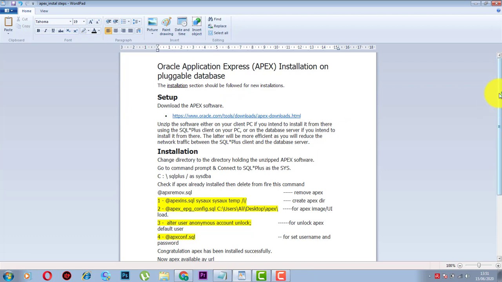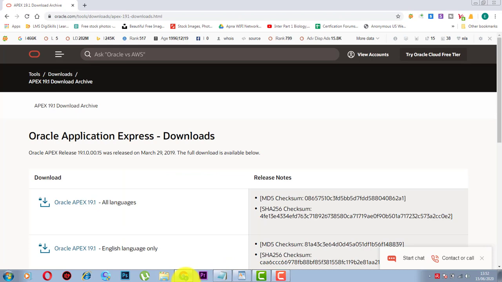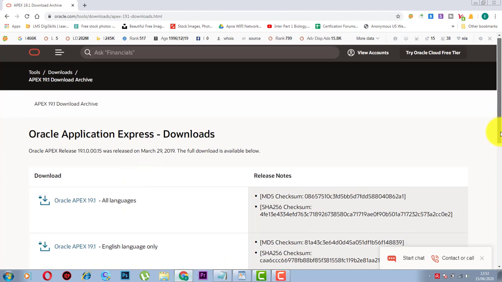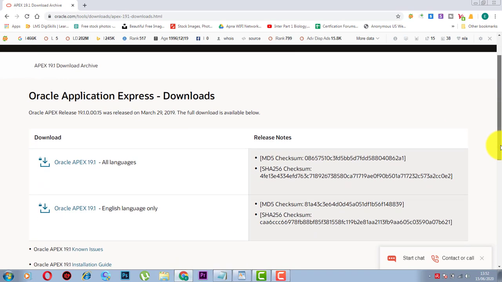For Oracle Apex installation on a pluggable database, this installation section should be followed for a new installation. You can download the setup from this URL I provided. Oracle Apex version 19.1 is available in two modes, all languages and English language. I prefer you download all languages.